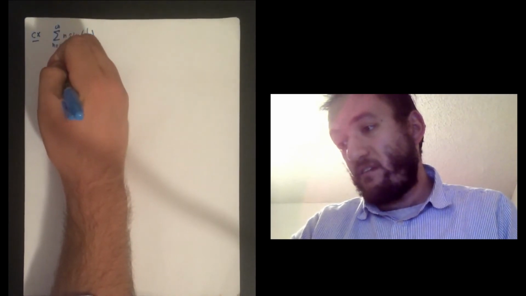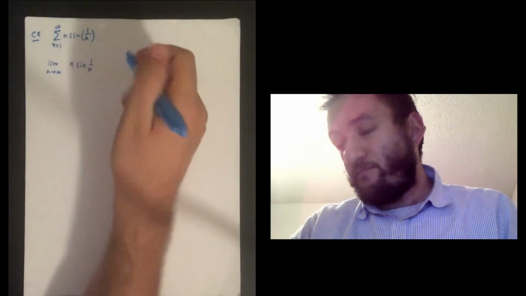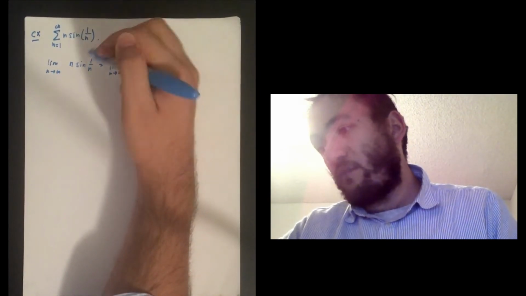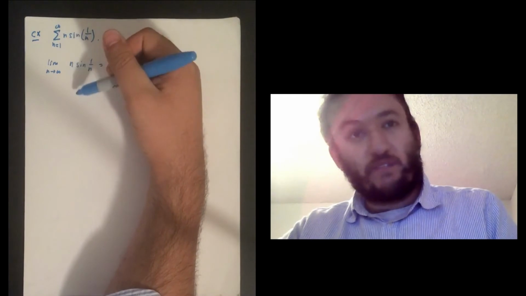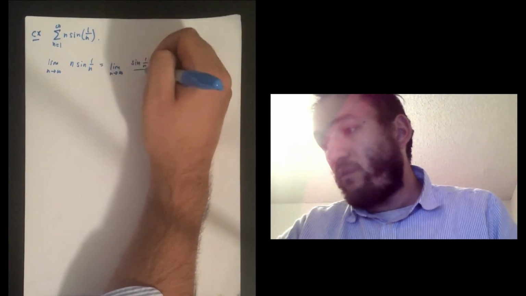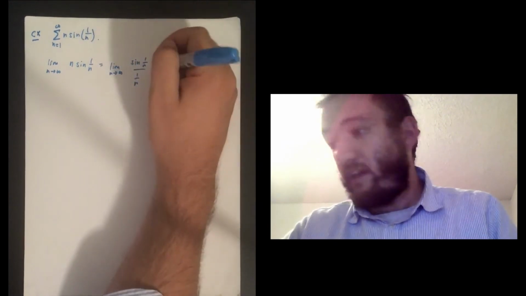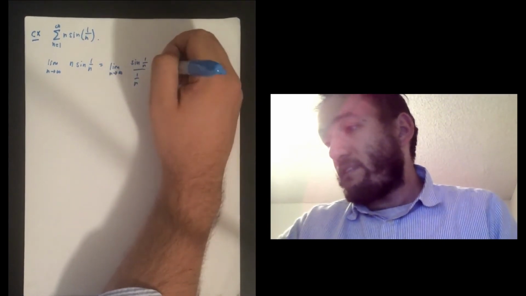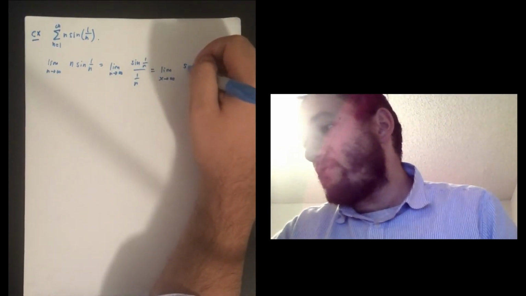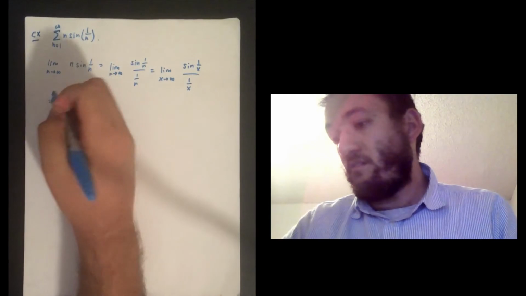So take the limit as n goes to infinity of n sine 1 over n. Again we have an indeterminate product, since n gets large but sine 1 over n gets small, so we'll put it as sine 1 over n divided by 1 over n. Multiplying by n is the same thing as dividing by 1 over n. So this is the same as the continuous analog: the limit as x goes to infinity of sine 1 over x divided by 1 over x, and what I would get by L'Hopital